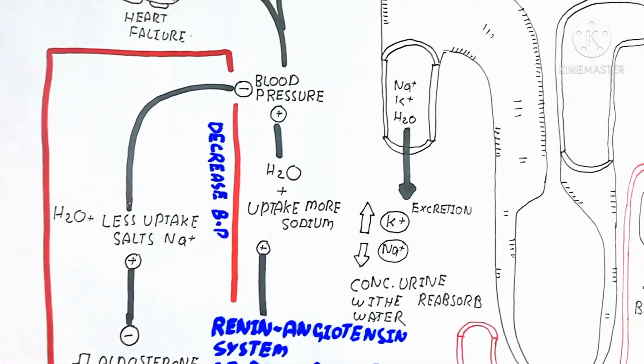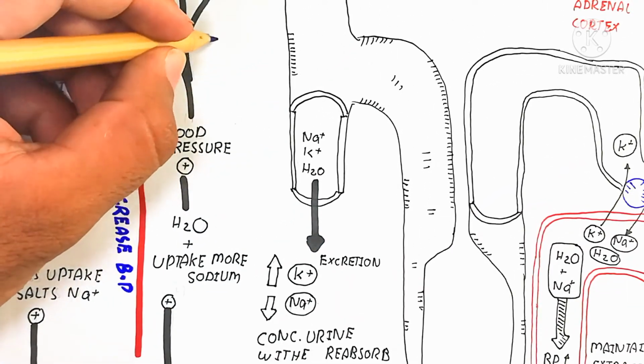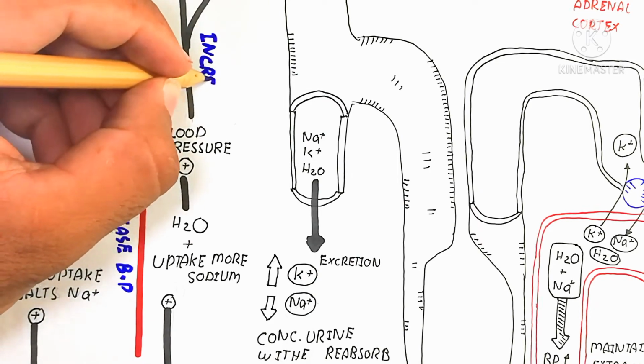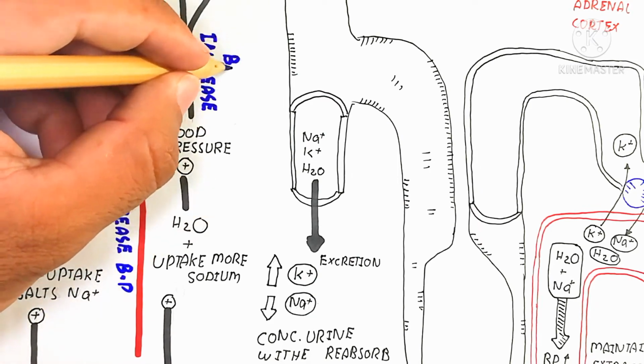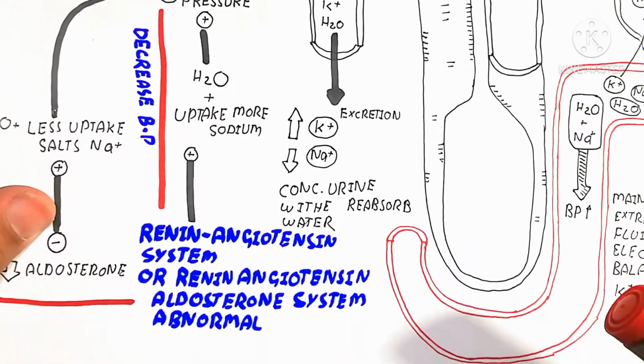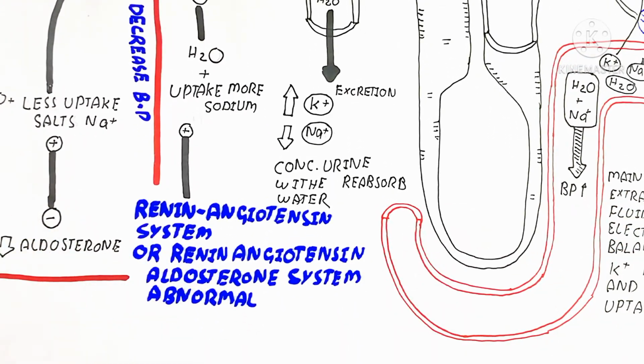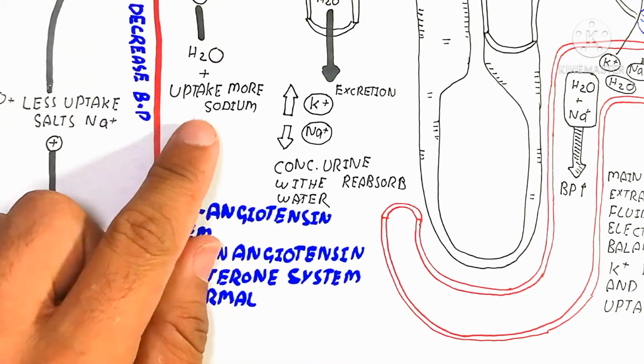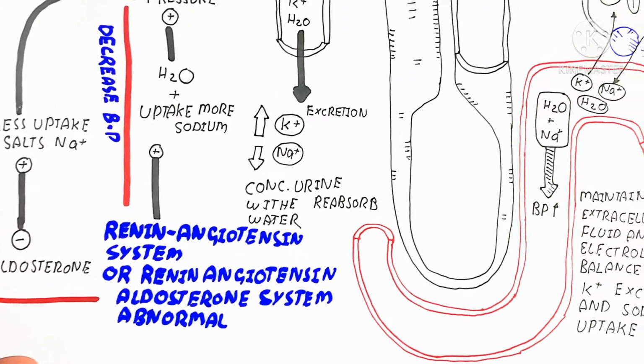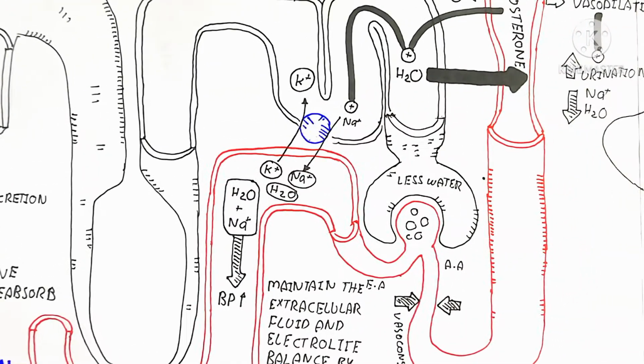Basically, first of all, the aldosterone will be decreased. The meaning of aldosterone decreasing is less uptake of salt and water, and that creates low blood pressure. So low blood pressure is also a symptom of a lesser production of aldosterone